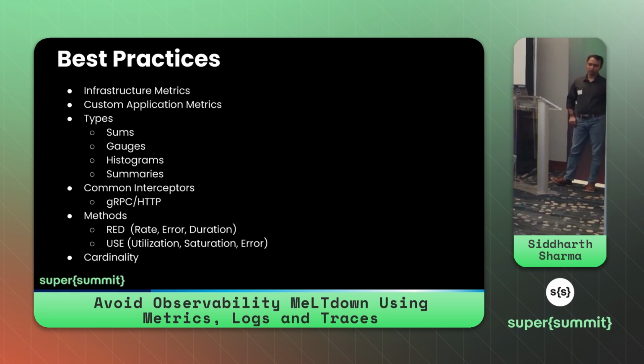So now when you go and query your time series database for the metric, it would just explode, right? So whenever you are doing custom application metrics, you should look at the cardinality of the values of the metrics. Always try to keep it within hundreds or at max counts.